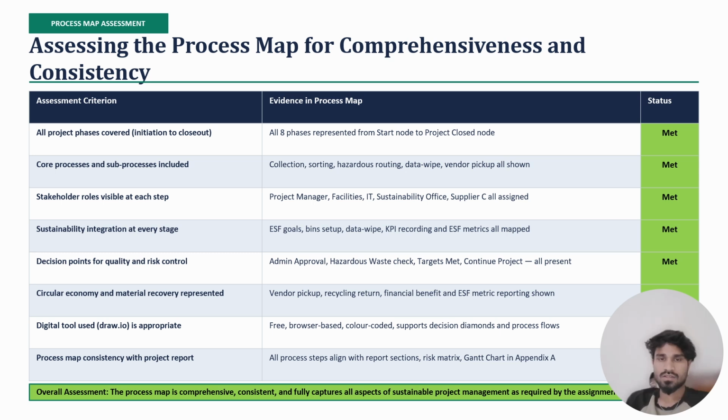And this is the consequence of what gives the process map its reliability as a genuine process map tool rather than simply visual diamond productions of the facts. Overall, the assessment is that every map consequence fully captured all the aspects of sustainable project management required by the